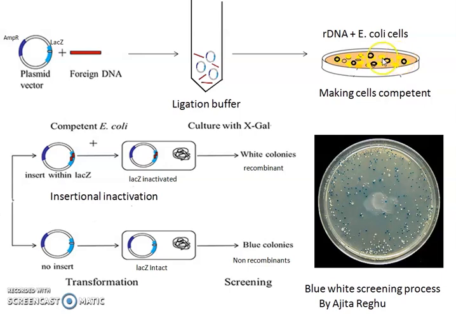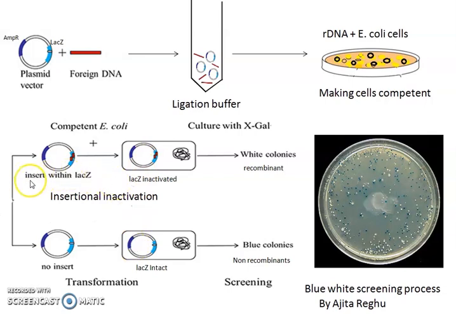Normal cells do not grow in ampicillin, so they will die. We don't have to bother about them, they are the non-transformants. But all the other colonies which have taken your rDNA are called transformants. So now we have only the transformants, which are of two types, recombinants and non-recombinants. Now see here, I'll just pick up one cell from each colony, suppose colony A and colony B. So suppose I have picked up cells from colony A.